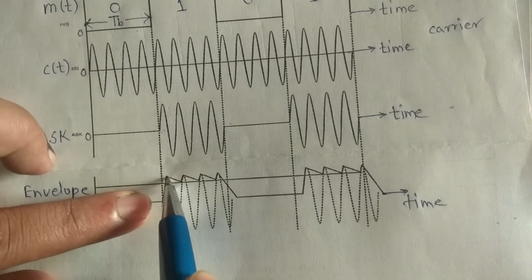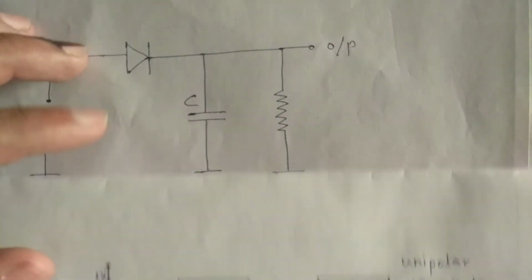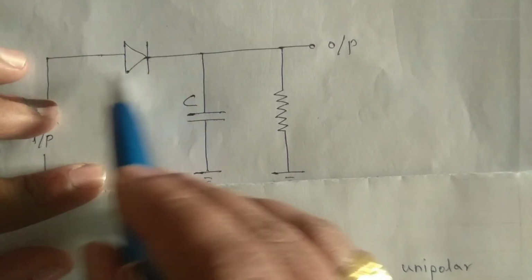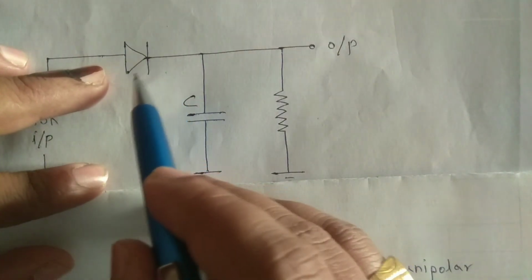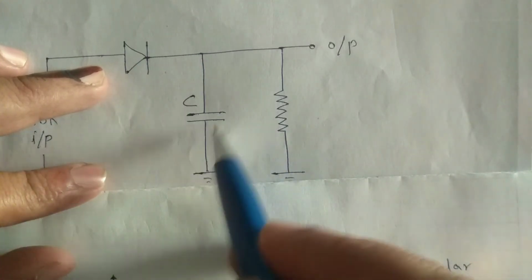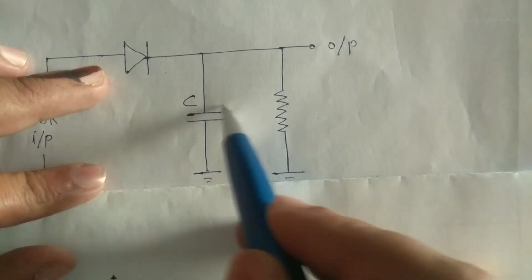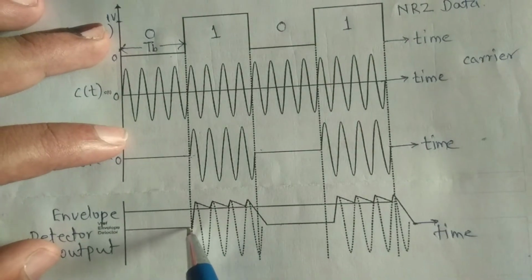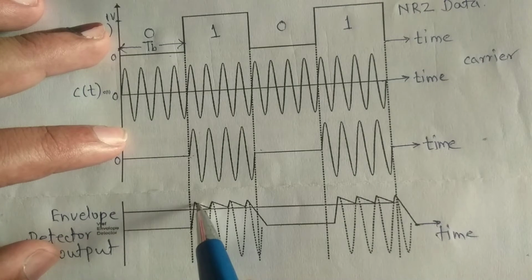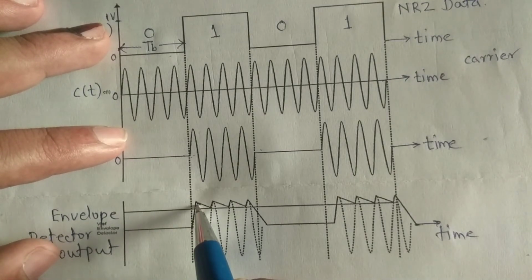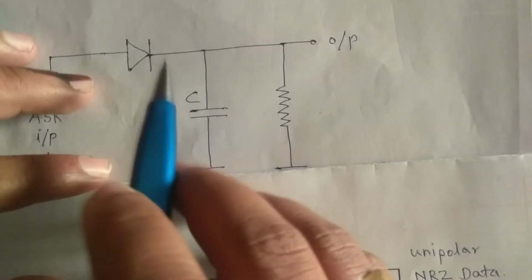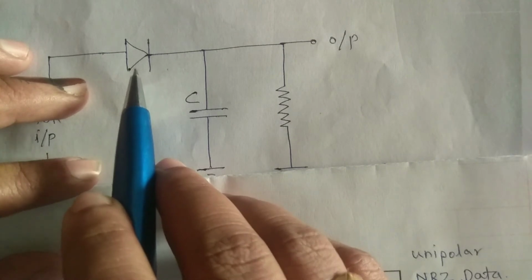When the diode gets forward biased, the next component is the capacitor. During the positive cycle, this diode will be forward biased, and this forward bias voltage will charge this capacitor. So this charge will hold the positive peak value like this. Here we can see the capacitor is charged till the peak of the positive half cycle. And when the negative cycle starts, at that time this diode will be in switch-off mode.